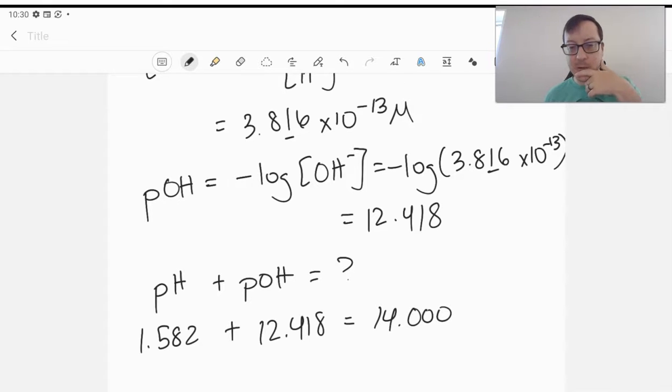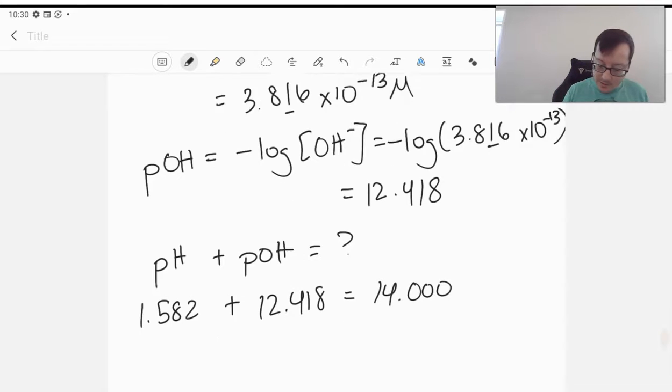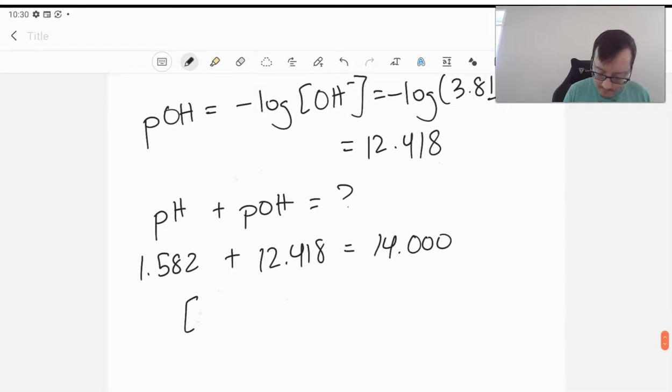Oh, we got 14. Now that's curious. But it should be expected, because if we remember our equation, H plus times OH minus equals